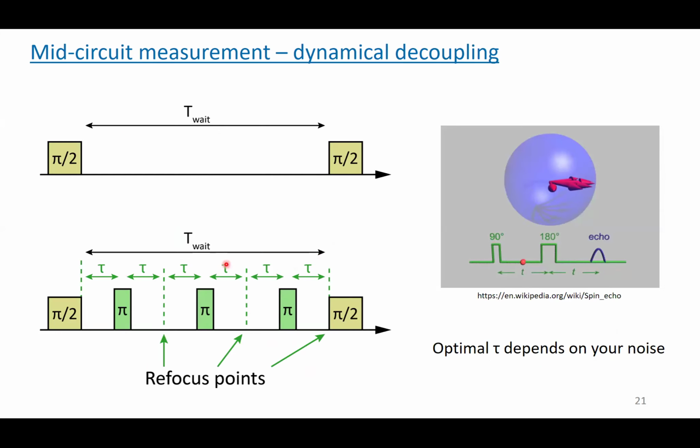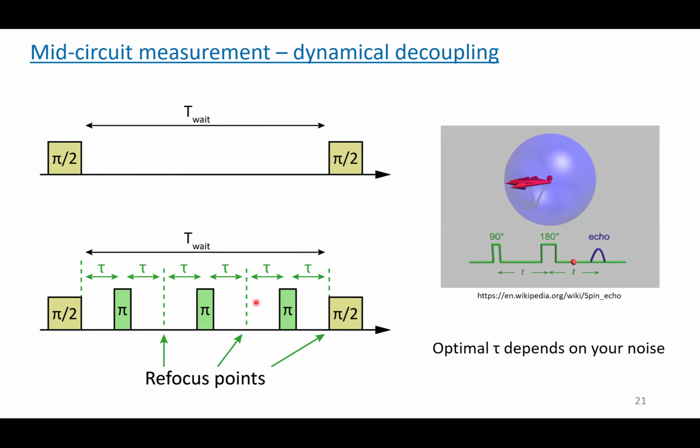I guess you all have heard about what it is, but basically it's doing this echo sequence. Instead of waiting for a long time while your qubit is dephasing when it's in an equal population state, you can add these pi pulses, do this echoing, and position them such that they have equal intervals in between. And then you can basically preserve your coherence perfectly. The optimal time between these pulses depends on your noise structure, but for us it's relatively slow noise, so I guess something around 1 millisecond is totally fine